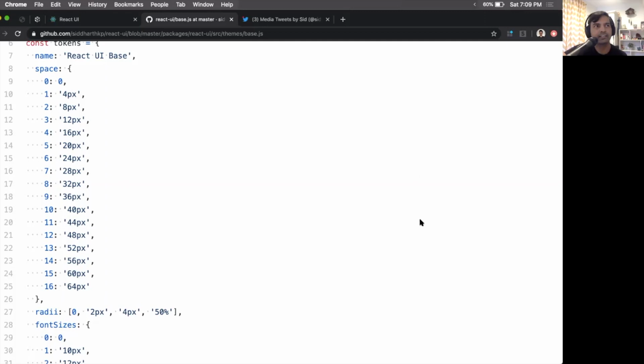One more use case that I see where it might be useful is when I'm building my application in the initial stages, I want to see whether a 4 point scale works better or an 8 point or a 2 point scale. At that time, if I'm changing values and it's hard coded, I'll have to go and change the entire thing. But if it's just the base value, I can play around and see what works. Yeah, that makes sense.